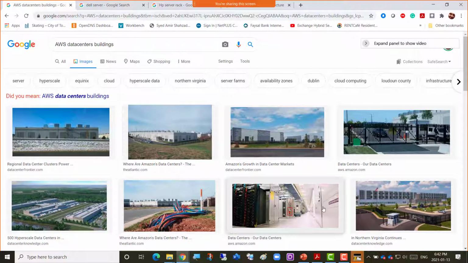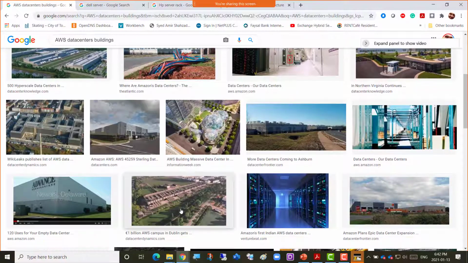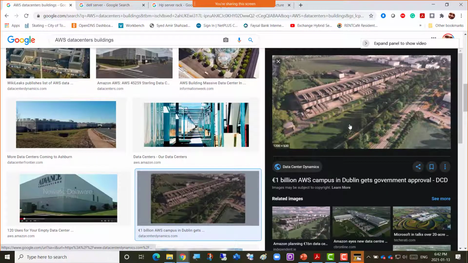But these are really very well secured buildings, as if they were Pentagon buildings, or military institutes, or banks. Obviously they have very good, state-of-the-art security, physical security as well as virtual security, cloud security, internet security.